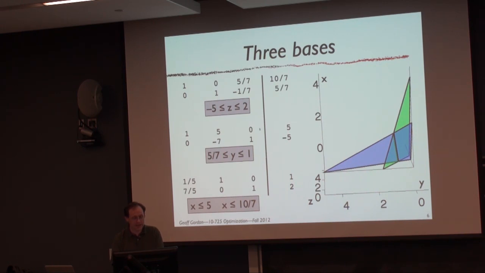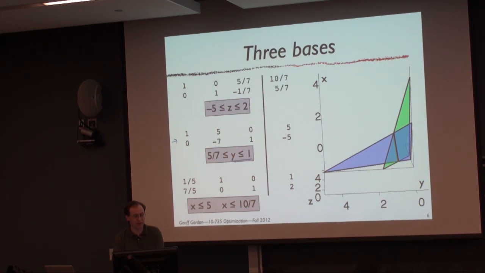And I can take each one of these and interpret it as a projection of the feasible region. So let's take a look at this one here. If I make x and z my basic variables, then y is my non-basic variable, right? If I think of these as slacks, then y is the only variable remaining, and so I can think of each of these constraints as only a constraint on y. So this first one is basically 5 times y plus a slack variable is equal to 5, right? So 5y is less than or equal to 5, or y is less than or equal to 1, which